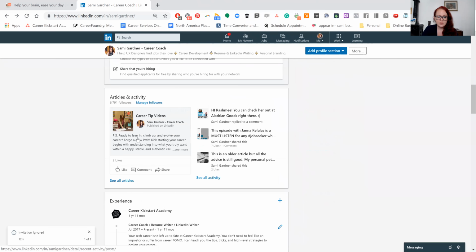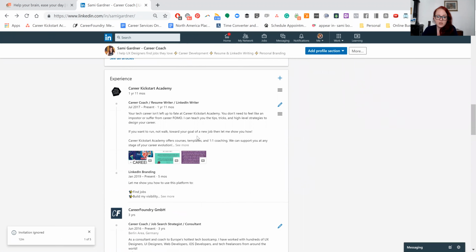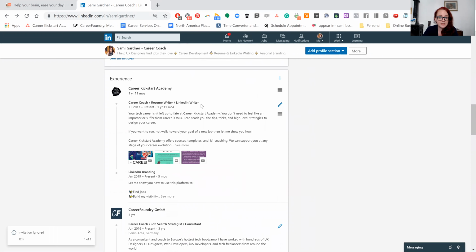Now with your activities, keep in mind that whenever you have an article that you post, it will stay on your profile forever. So here's the area for that. But let's go down to your experience. Now, for your experience, you can put the jobs that you have had. You can put volunteering, internship, contract projects. The thing to know about your job experience that you're going to put here is that you're going to want